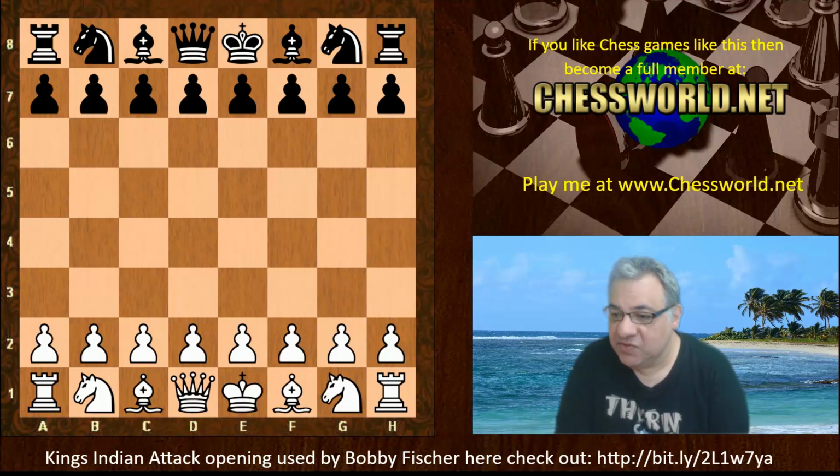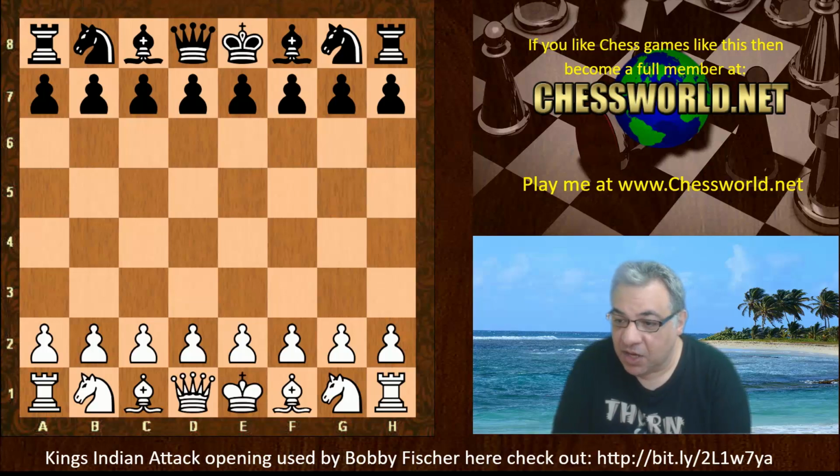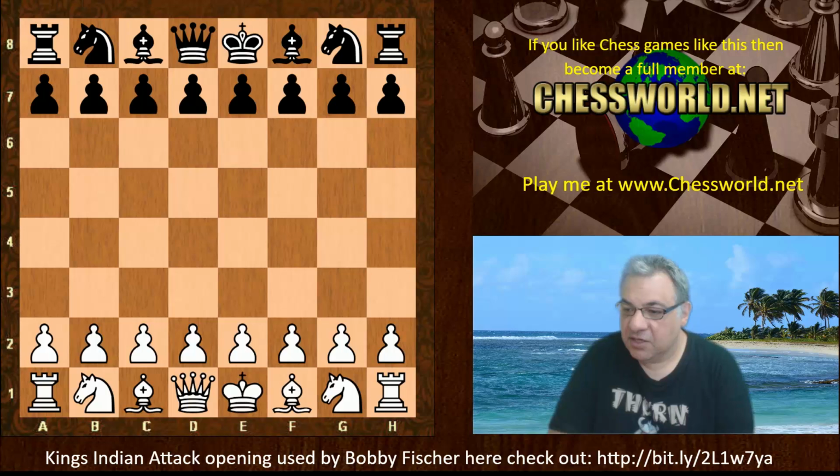He was Israeli champion in 1971-72. He tied 7th to 10th in Netanya 1968, and had other great achievements. He's played in the Olympiads, etc. So let's have a look at this game. Fischer playing white played e4. So this is Netanya